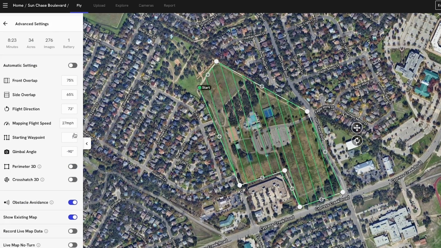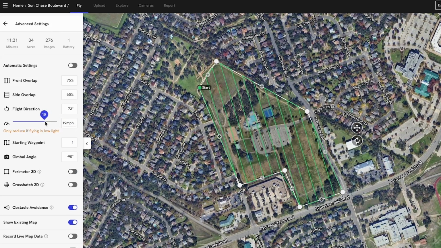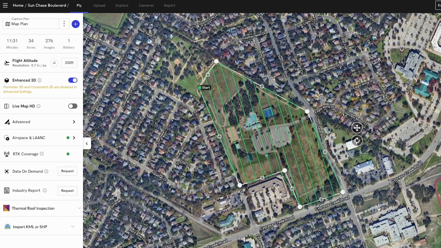Or if we didn't want Enhanced 3D on, we can adjust our flight speed here to be a little lower and to increase our time to capture, just to ensure that we have convergence for that PPK flight. One thing to consider, if you really want the highest degree of accuracy possible on this map, is to